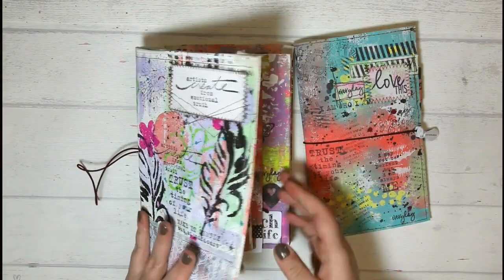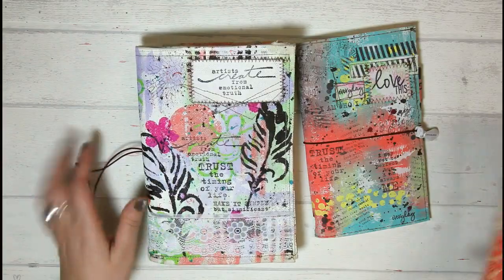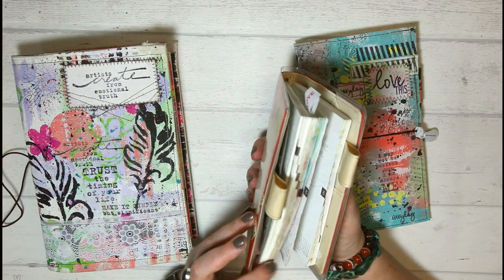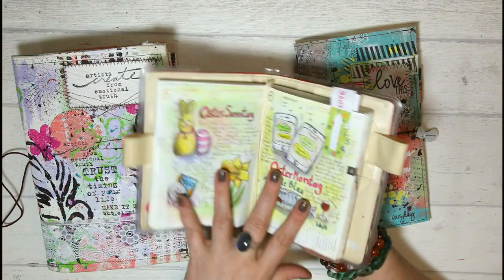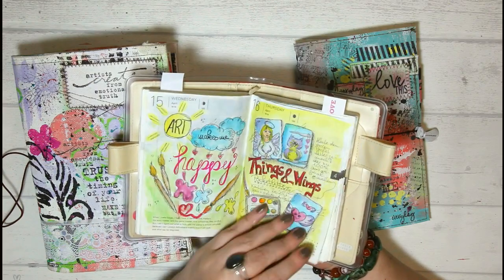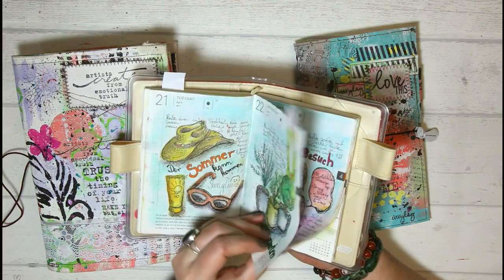And first I want to let you know why I call them HoboDori. You might know, I'm sure you do, the Hobonichi. And I just love, love, love my Hobonichi, and I totally enjoyed sketching and journaling in my Hobonichi actually. But what really, really bothered me was the fact that